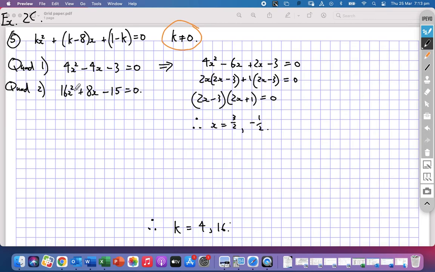For quadratic 2, I think I would be using quadratic formula. Minus 8, and I would be reaching for my calculator. So you know about the quadratic formula. I'm not going to actually solve all of this. Right, so I could leave you to figure that out. Just realize there is two roots there, the plus and the minus, and you could solve that. Okay,